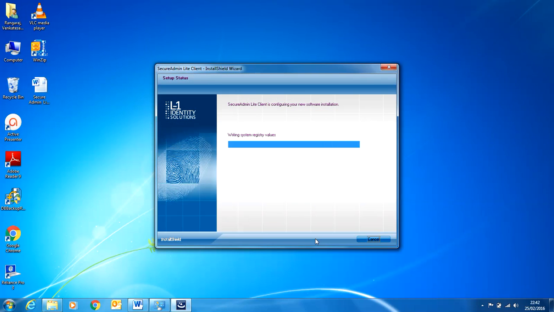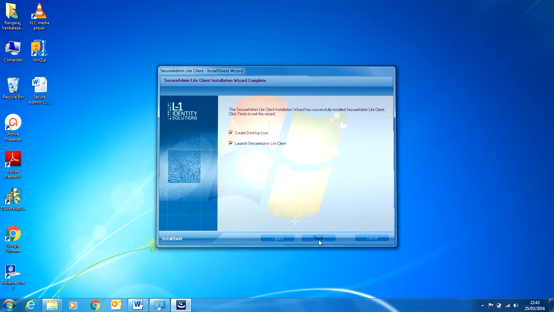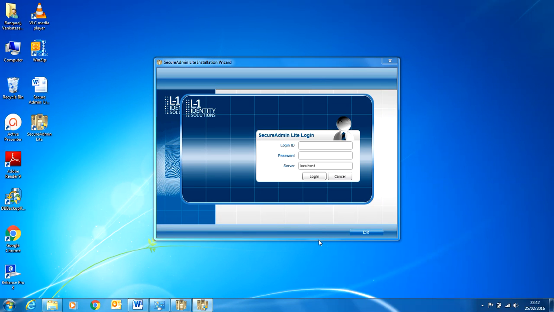So it is starting the process. Click on create desktop icon and launch Secure Admin client, then finish. It is automatically launched. The user ID is admin and the password we gave is admin @123.